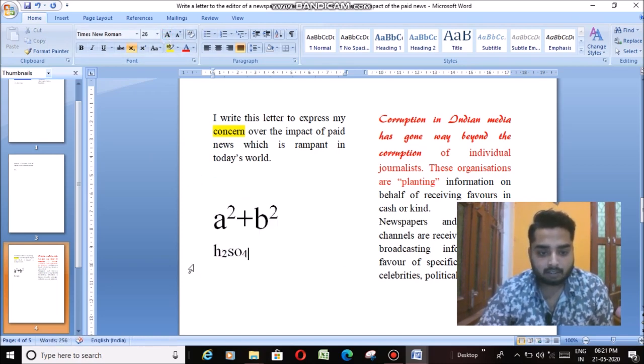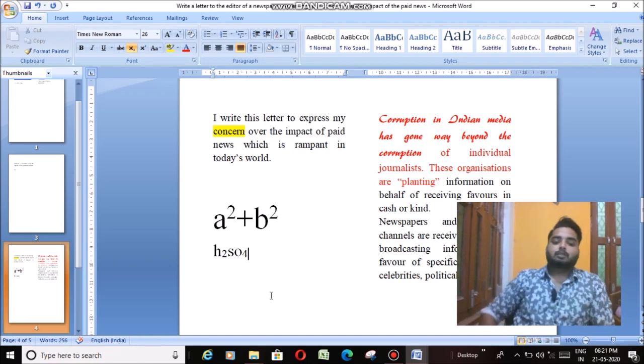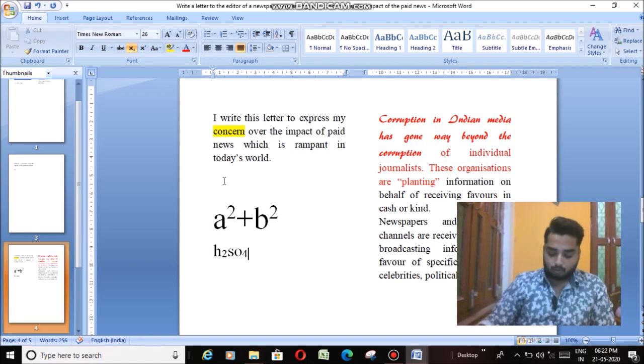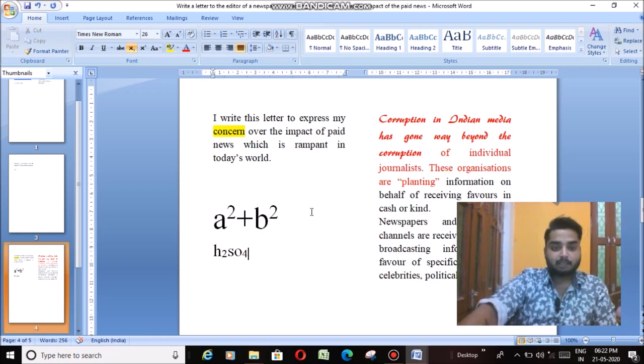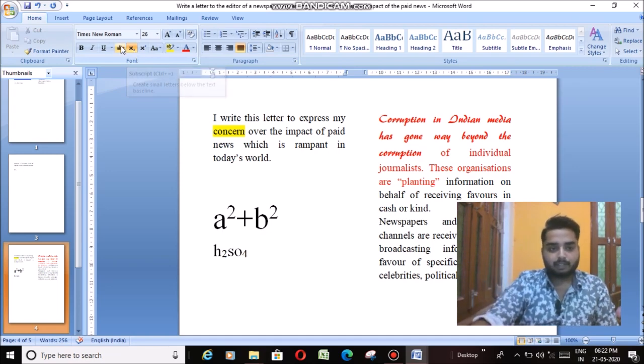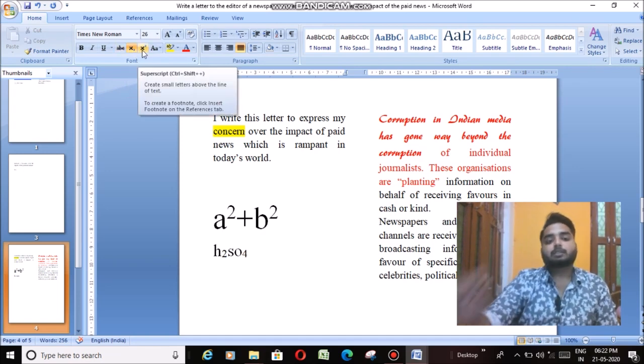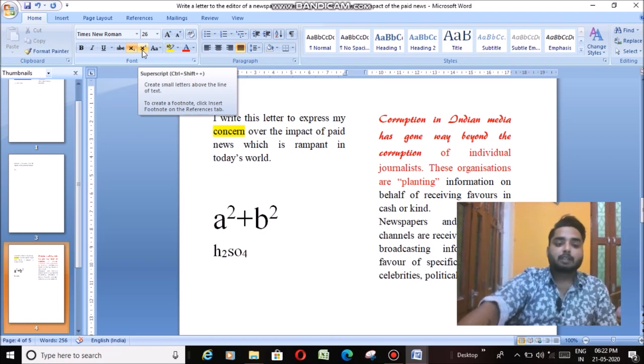You can see this on the screen, how it can be written. So I hope you understood superscript and subscript. In X2, the 2 written at the bottom is subscript, and the 2 written at the top is superscript.